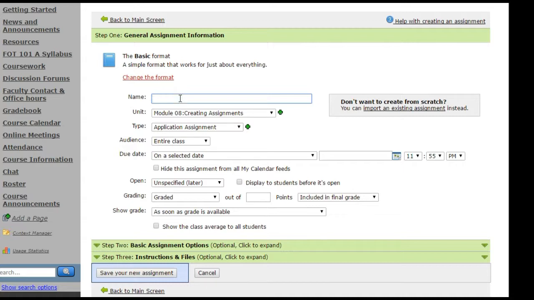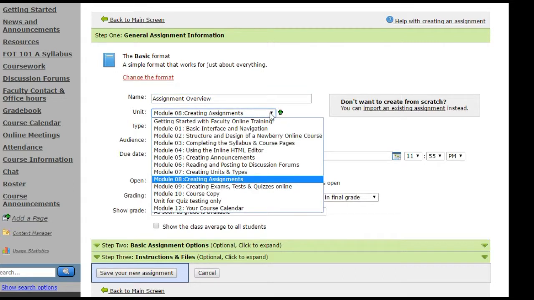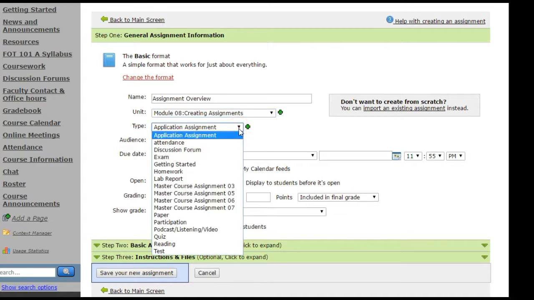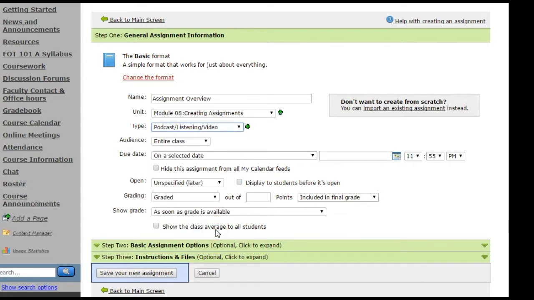In this instance, we are going to have assignment overview. We see that it's already in Module 8, Creating Assignments. However, if I wanted to change that unit, I can click on the drop-down menu and choose a unit to put it in. The type will default to the first thing in your type list. This is not an application assignment. Instead, this is actually a reading assignment or a listening video podcast, as I'm making a video podcast. So in this instance, I'm going to choose podcast listening video